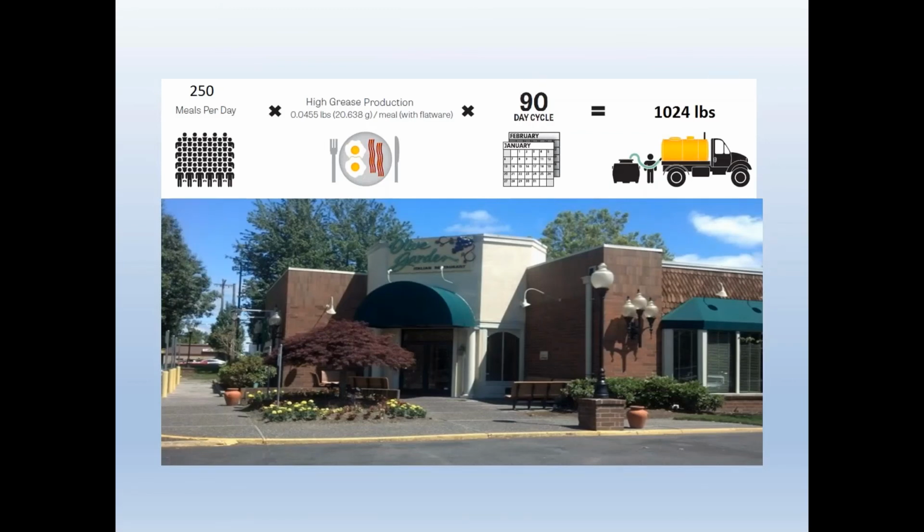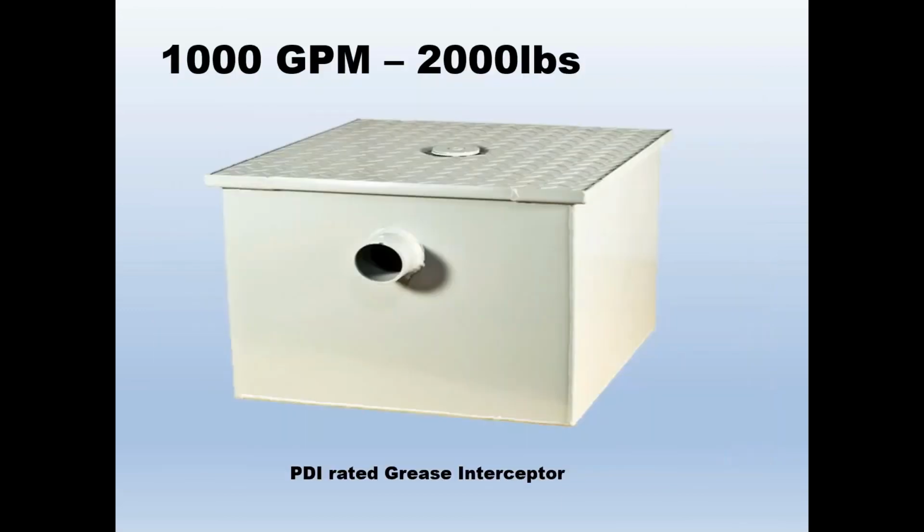And again, it doesn't have to be 90-day, guys. If your client wants to pump out once a month or, you know, every other month, or if they want to do every 2 weeks, you're just playing with those numbers to figure out how much pounds they're going to generate within that time period of pump out cycle. So based on this,